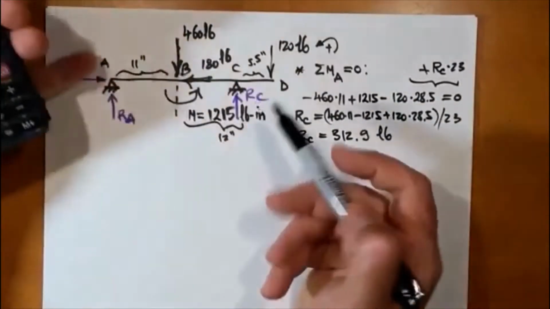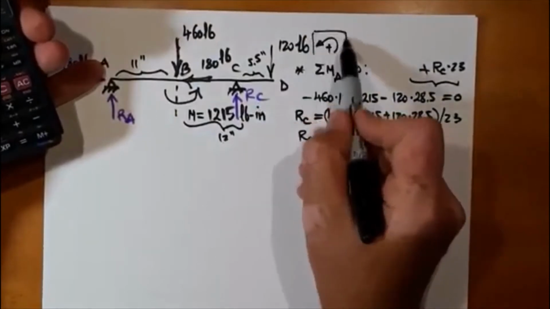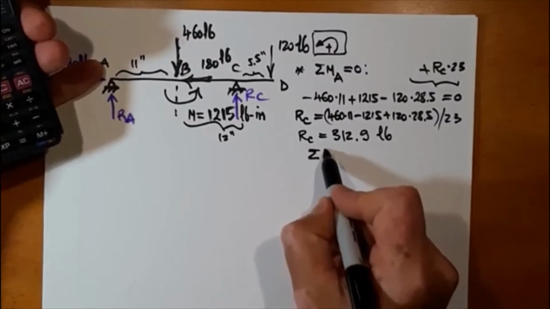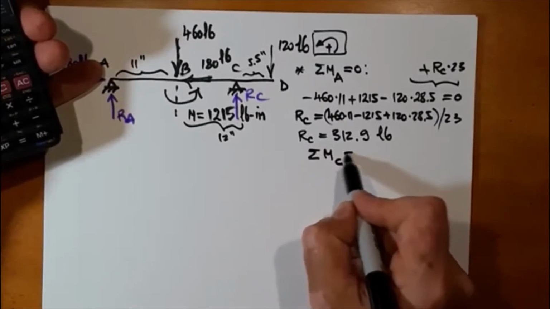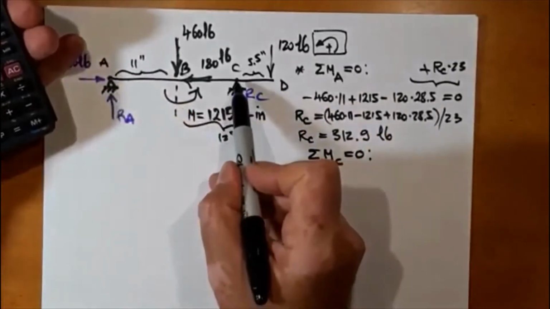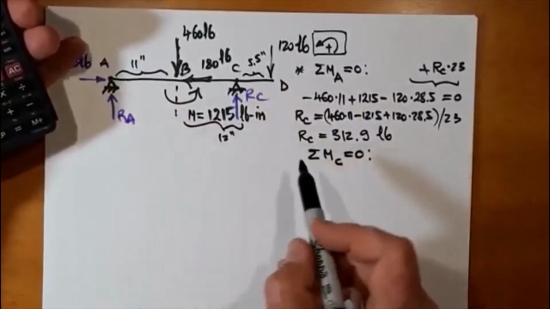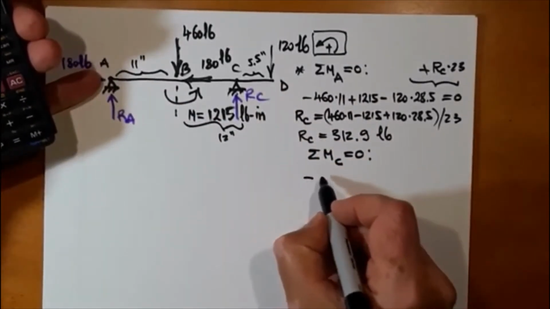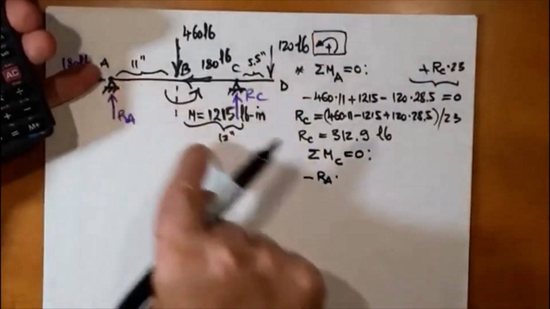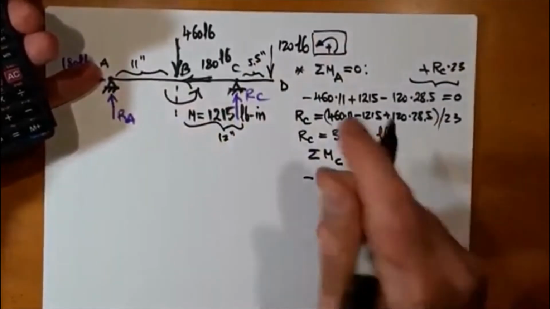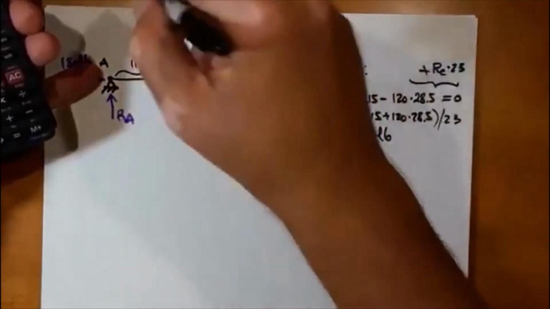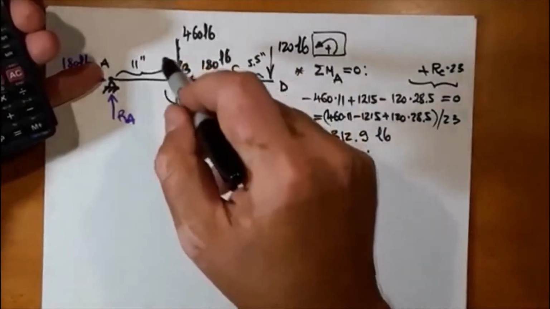So I'm summing moments about point C, the same, assuming positive moments to be counterclockwise. So sum of moments about point C, equilibrium, in order to find the reaction at A, this time RA. So I'm having RA times this distance, which is going to be 11 plus 12, 23. And then I have positive, it is positive, being counterclockwise,